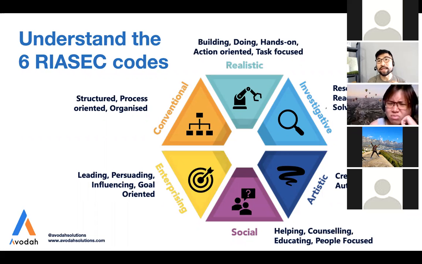What you may want to do is, if you are eyeing a role in the SkillsFuture industry map, the map has the descriptors, the description of each of the roles. This allows you to do the mapping process of RIASEC on your own. Doing that allows you to use the framework and map back to the RIASEC to identify, for this particular job role, what is the RIASEC code for it?